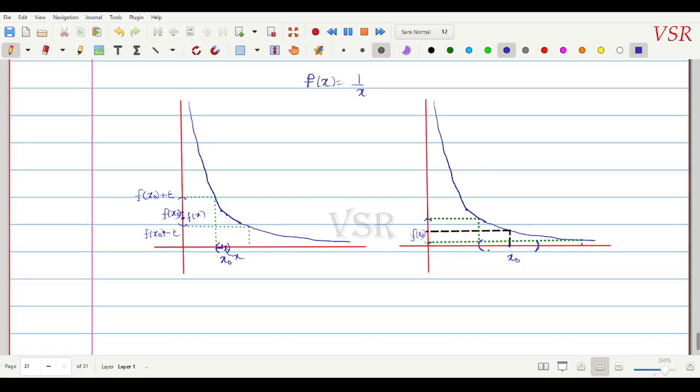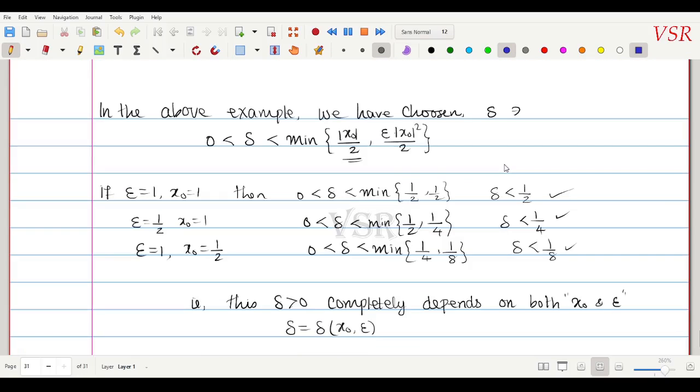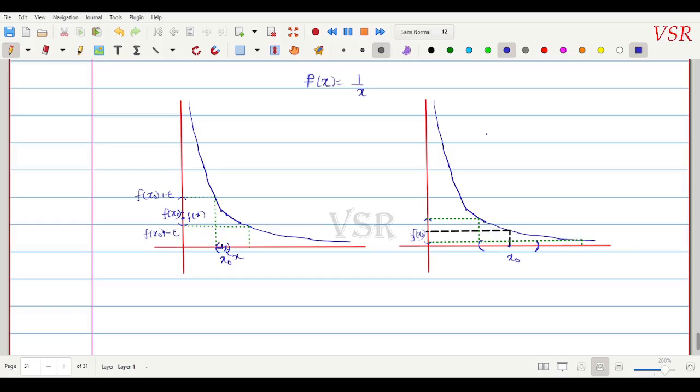So if x naught is getting closer to the end, உங்க டெல்டா வந்து சுருங்கிக்கிட்டே போகும். ஓகே, டெல்டா சுருங்கிக்கிட்டே போகும். x naught இந்த லெஃப்ட் சைடுல இருக்கும்போது உங்க டெல்டா வந்து பெருசாகிறதுக்கு வாய்ப்பு அதிகம். So look at the definition. இப்படி தான் எழுதியிருக்காங்க. இங்க x naught வந்து சிறுசாக டெல்டா வந்து நாம சிறுசாகும். Okay, so that is here this delta depends on,